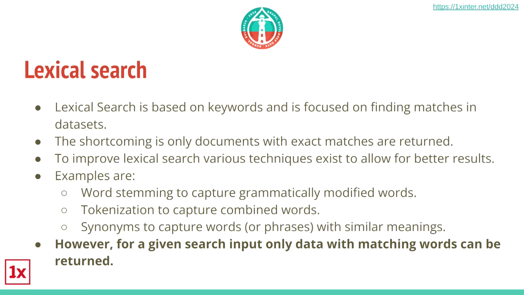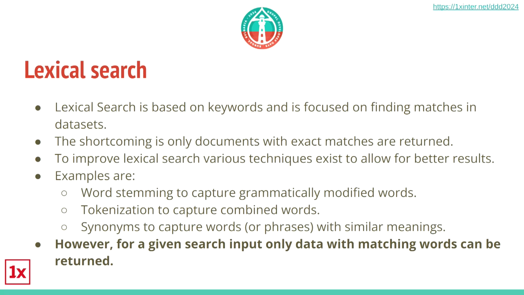You have to think really hard: what would likely be the text on a good result page? And these keywords you have to type. If you don't know the correct word to ask, then Google will not give you a good answer, because you don't know the word that's on the page you're looking for. And so what we have been doing in the past is to use, for example,